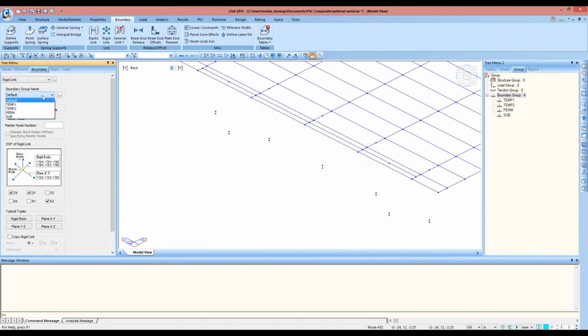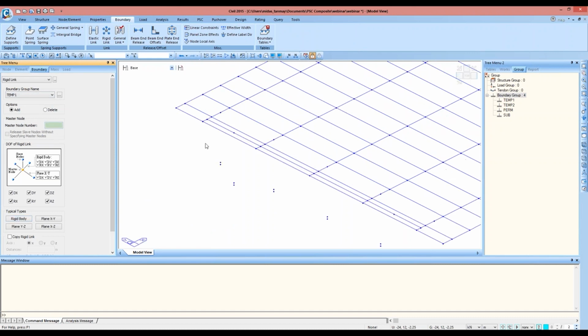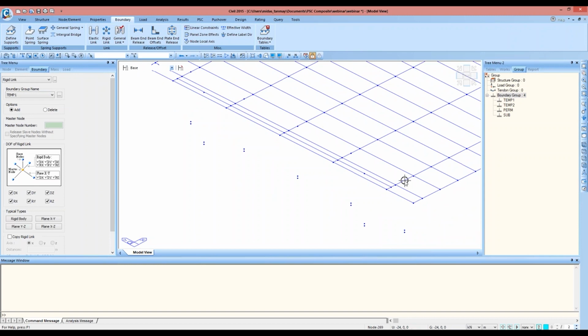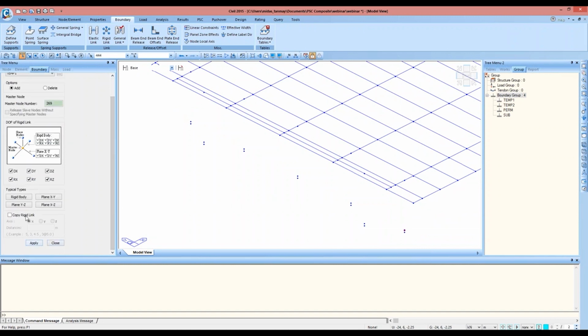First of all, I'll add for the temporary supports. So temporary 1, and select rigid body and the master node as this. The master node as, I'll do it from here. The master node as this, and the slave node as this. Click on copy rigid link in the y direction 4 @ 3 meters and apply.